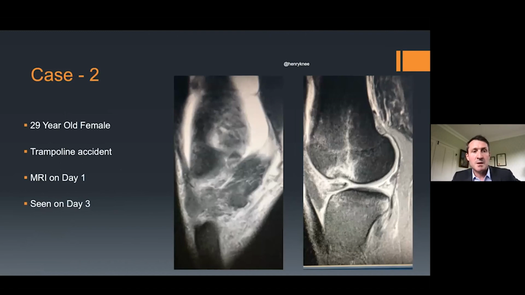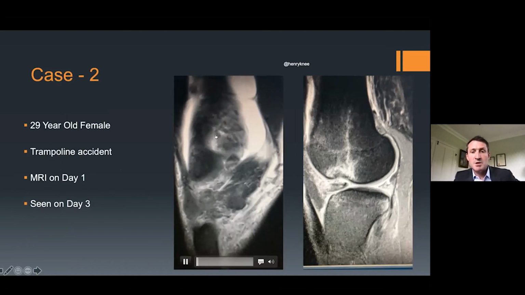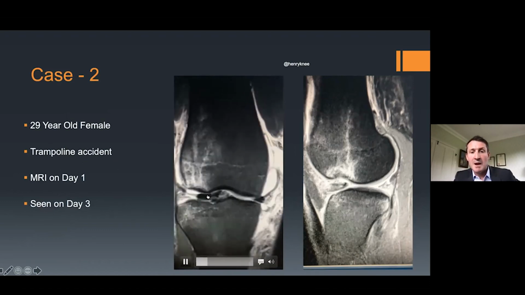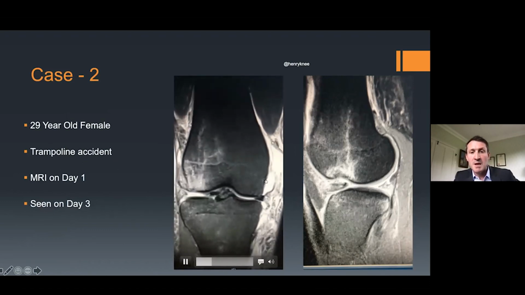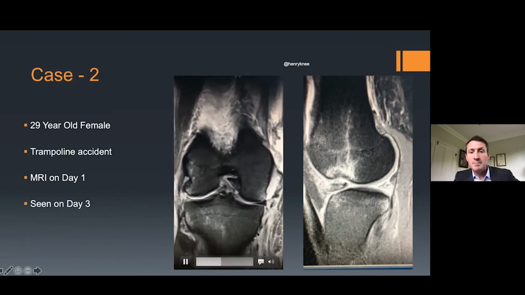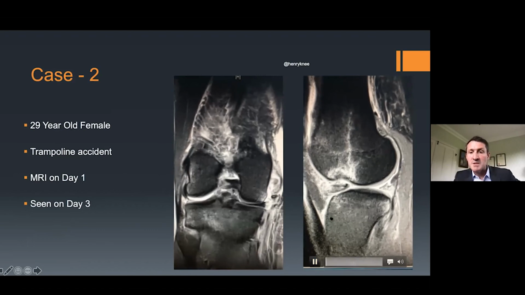The second case is a lady who injured her knee aged 29 on a trampoline, and you'll see from her MRI scans huge amounts of bruising, which is represented by the white. Her lateral meniscus was balled up at the front of the knee. Medial collateral ligament, which was here, is completely gone. And then looking from the side,